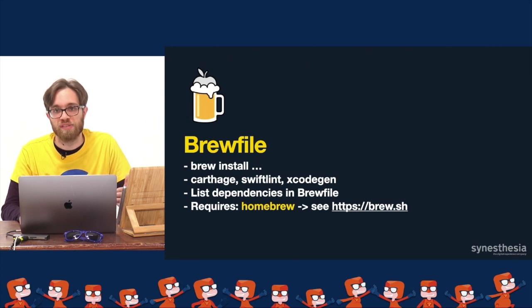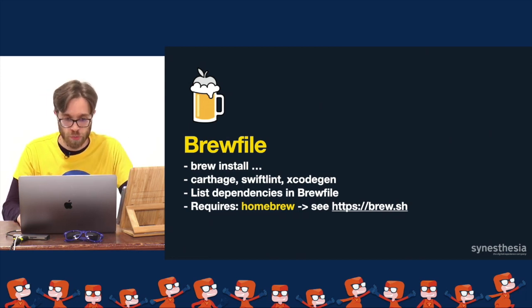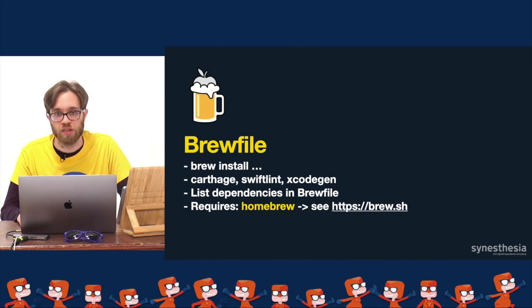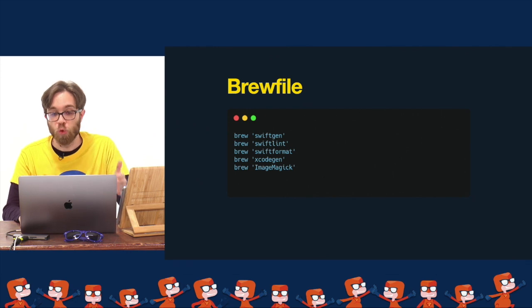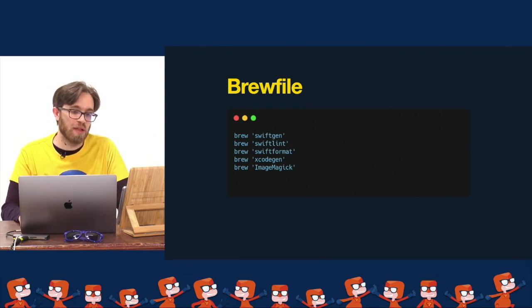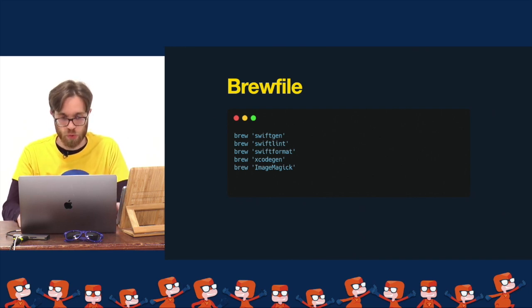The answer, again, is a something file, a Brewfile. We are going to get used to this. That is a list of dependencies installed through Homebrew, which is the standard dependency manager for macOS. In this file, that has a very simple structure, I can list every tool I need, and by running brew bundle at the shell command, I can make sure that every version and every tool I need will be